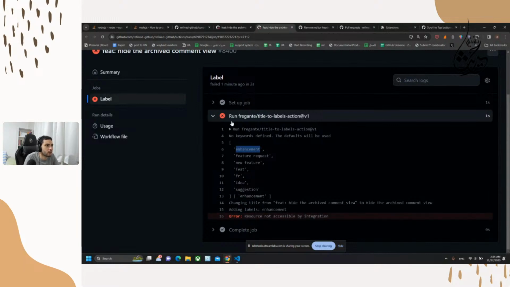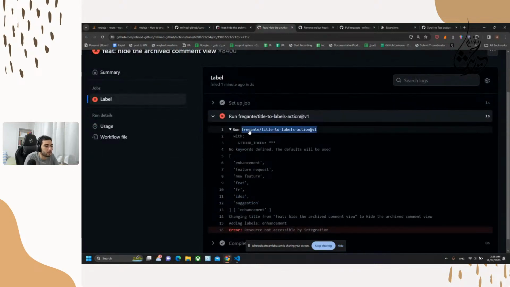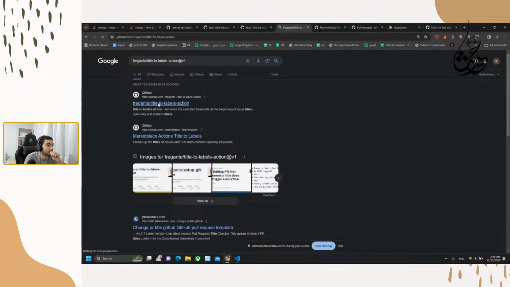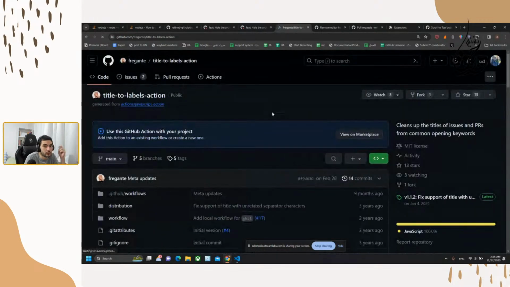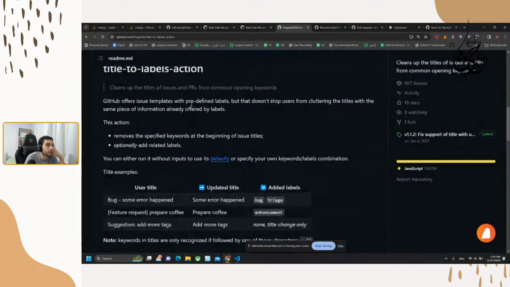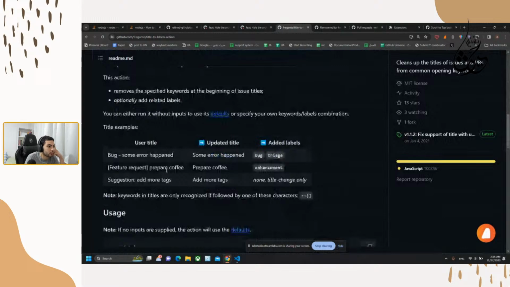Well, how does it work? Let me see this, double check that. Title to label action. Oh, he just wrote that, okay. And GitHub offers a template with the predefined labels, but that doesn't stop users from cluttering the titles with the same piece of information already offered by labels. The action removes the specified text from the issue title, optionally adding a related label. So to see that,